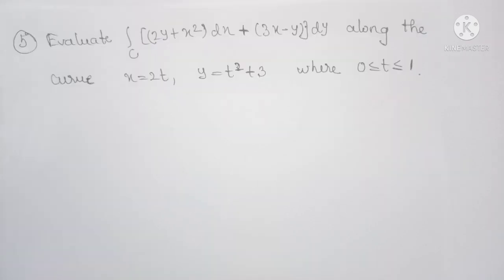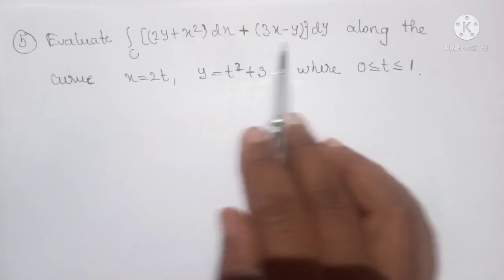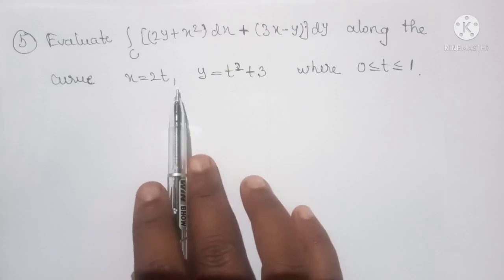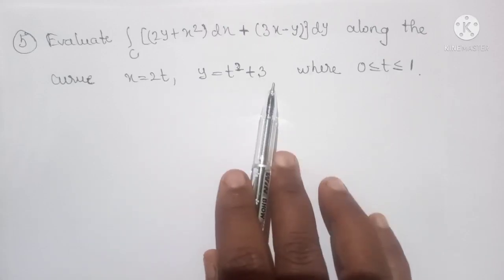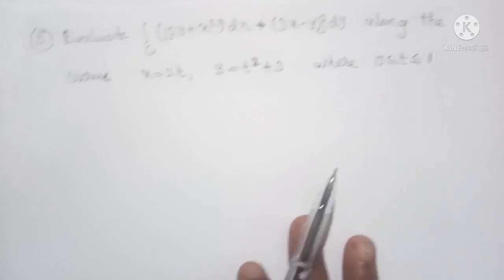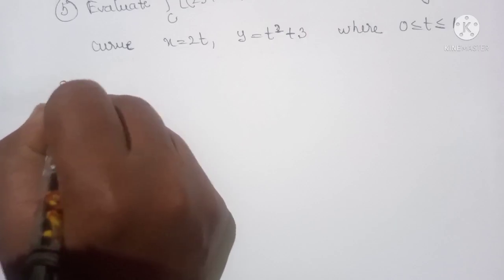Next problem: evaluate the integral over c of 2y plus x square dx plus 3x minus y dy along the curve x equals 2t, y equals t square plus 3, where 0 is less than or equal to t, which is less than or equal to 1. So again following the same steps, we get